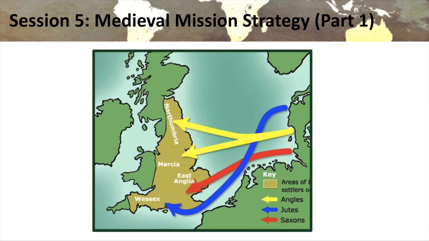So here's a map of the Angles and the Jutes and the Saxons moving across. After the Romans, see, here's my arrow. This is where Hadrian's Wall would be, moving back and forth. As the Romans retreated, as the empire began to crumble, the Romans actually left England and moved back on the continent of Europe and moved back towards Rome. And that left the opportunity for these barbarians to sweep in from these outside areas. So you can see these arrows coming in. And they came in and they attacked churches and Christians. They basically ravaged the land to take what they wanted.